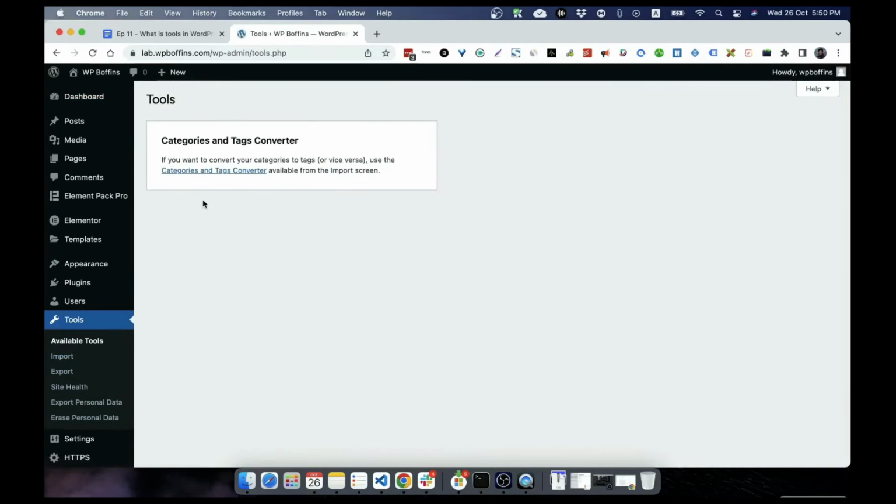Okay, I hope that you know what is the purpose of these 2 options. Then the WordPress address URL is actually where your WordPress is installed, that is the domain that has this particular WordPress installation. Now if you want to have a different URL structure or different name, then you can set that up on this option. Like let's say that you don't want to have lab, maybe fab.wpboffins.com, then you can give that name. But you have to keep in mind that if you are changing any domain name, then you have to add that to your DNS record of your domain